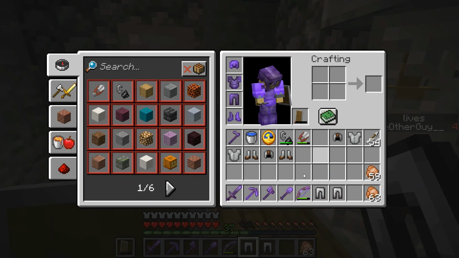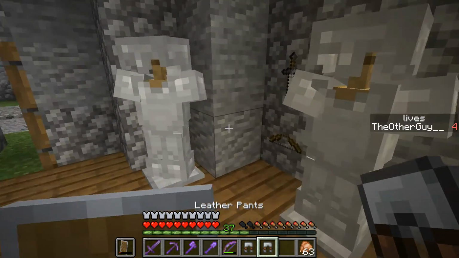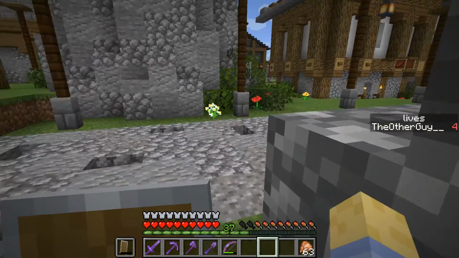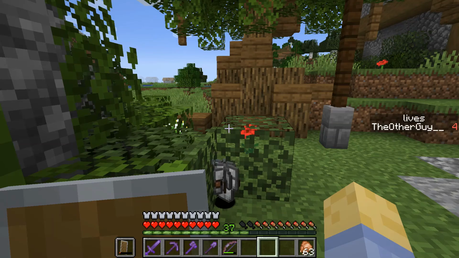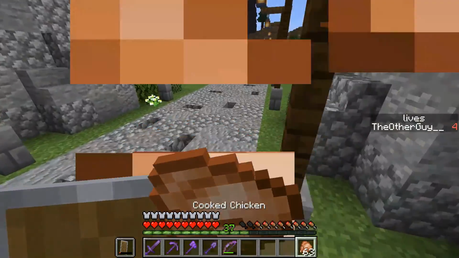Where's the other piece of iron? Is that all of it? That's all of it. There we go. I've now officially swapped out all this crappy leather with iron. And what am I going to do with this leather? Absolutely nothing. It's useless. I have no use for it whatsoever. So yeah,